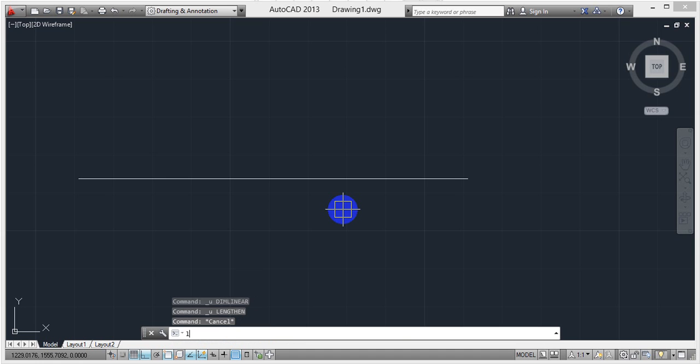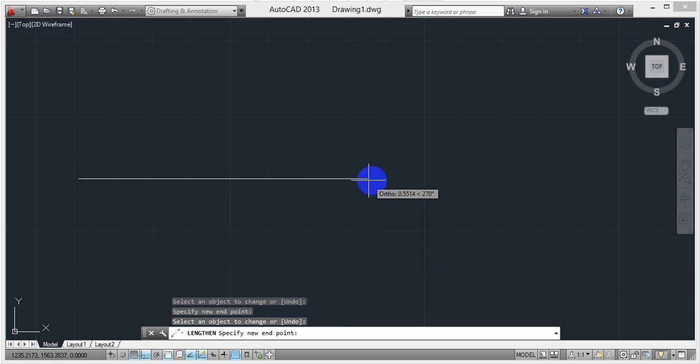Next, LEN, enter, fourth option, dynamic. So dynamic means user or manual length. If you select dynamic, select the length. See, if you want to decrease or increase, you can make it.